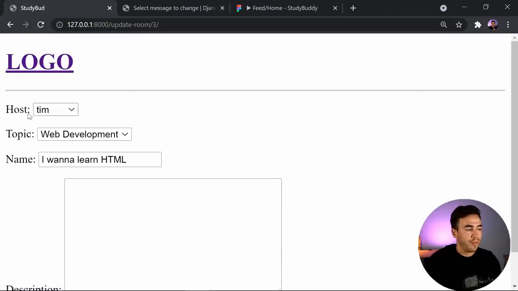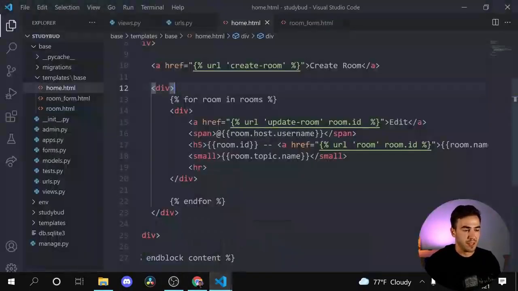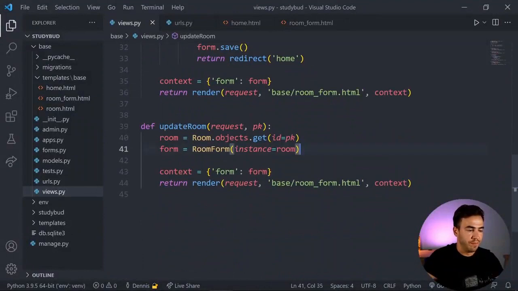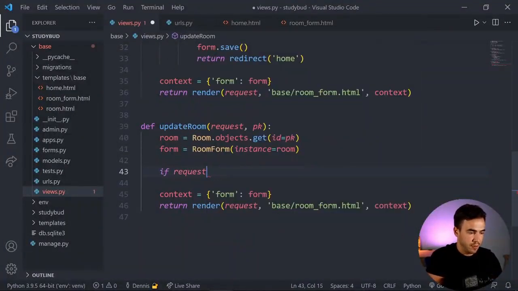I click on that, and that data is now pre-filled. So we see that information. Now we need to process this. So it's also going to look a lot like this right here. So we'll specify the method here. So we'll just do if request.method is equal to POST, so if it's a POST method,